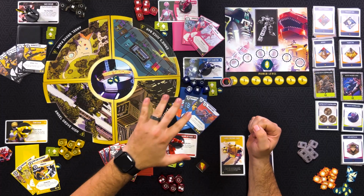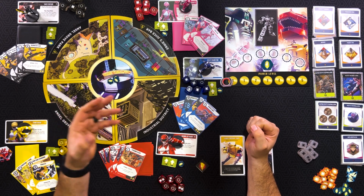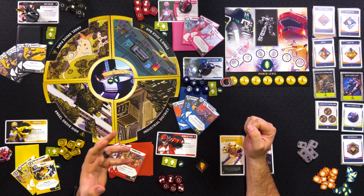The monsters themselves are also going to be in more of a grayish white plastic. The Rangers are going to be the only ones that are colored, but just so that you know, disclaimer, some, not all, of my figures are painted, but like I said, the game does not come painted. So as far as setup goes here, you are each player up to 5 in the base game